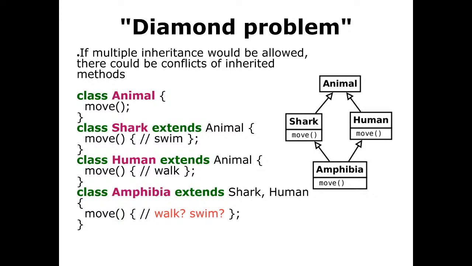Like you can see in this case, we have the base class, animal, then we have two subclasses, which is the case we already discussed, shark and human. But then let's imagine we have another class, amphibia, which extends shark and human, right? This is called multiple inheritance, when one class has